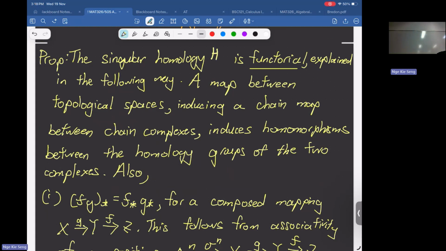So singular homology looks like this, H_n(X), or rather H_n of X. Maybe I put a dot here because there's a lot of n here. So this means if I have a map between X and Y, meaning topological spaces X and Y, I need to tell you what's the map in between H_n(X) and H_n(Y). Okay, so let me draw here. So a map from X to Y would imply a map from